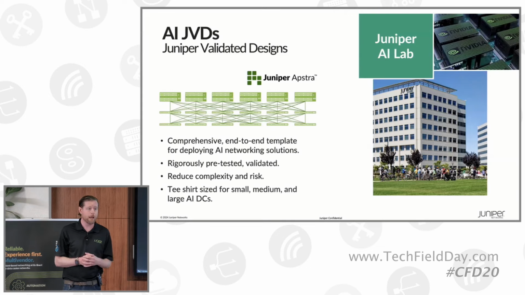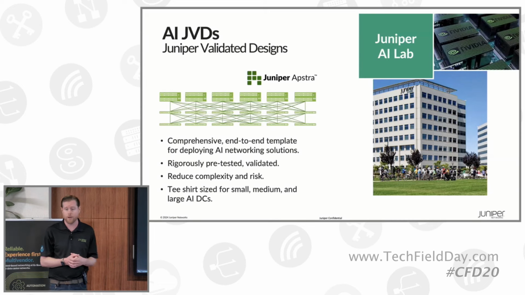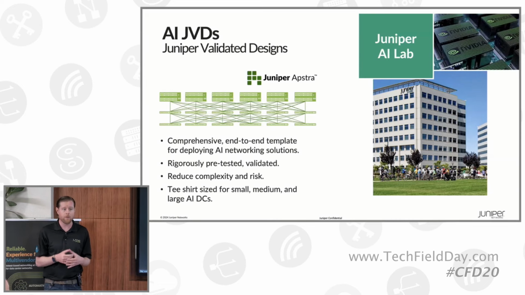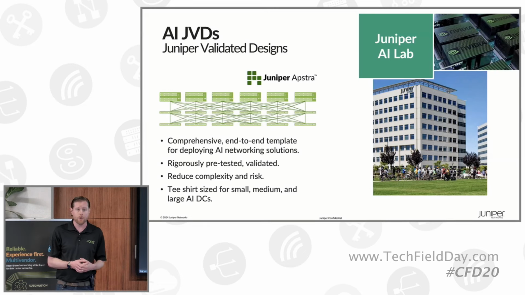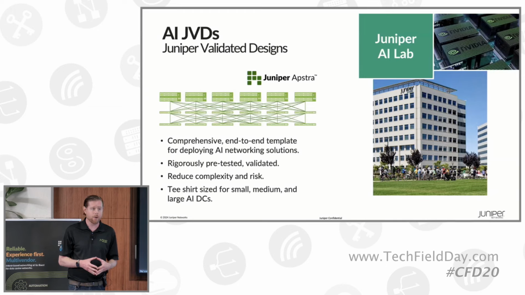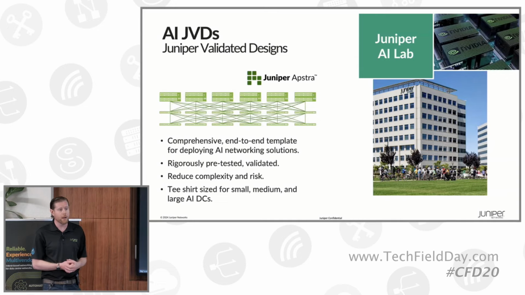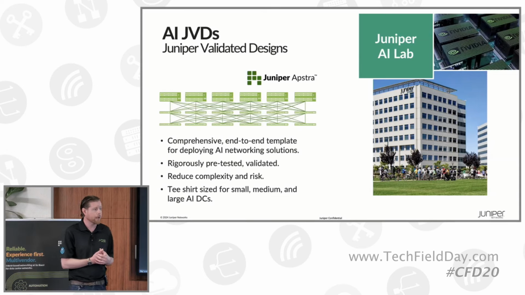Of course, our answer for this is taking all of that science, all of that research that we've come up with in our labs, all of the testing and qualification that we do around our products and our use cases, and we pack those into a set of validated designs. The JVD I'll be talking about this morning is our AI JVD, which talks about how to build a ready-made AI data center. In addition to the types of things you'd normally expect in a design white paper, right? Things like architectural diagrams and configuration, protocol explanations, and a little bit of chitter-chatter about the encapsulations,